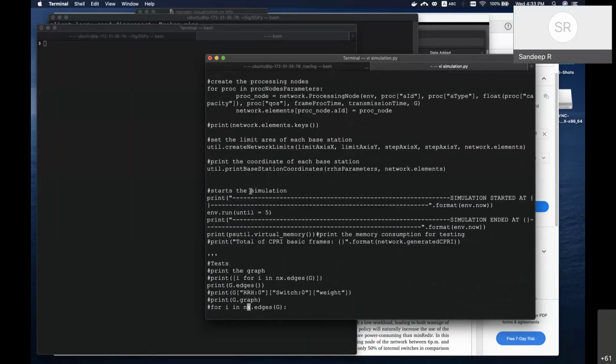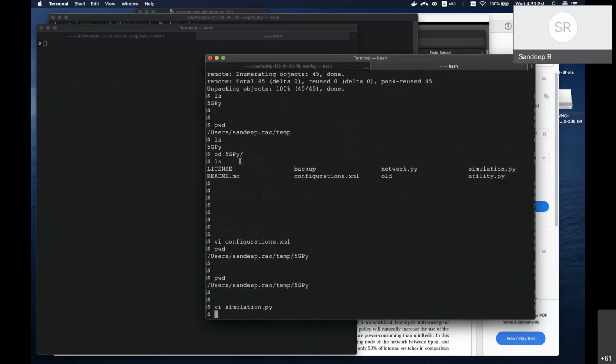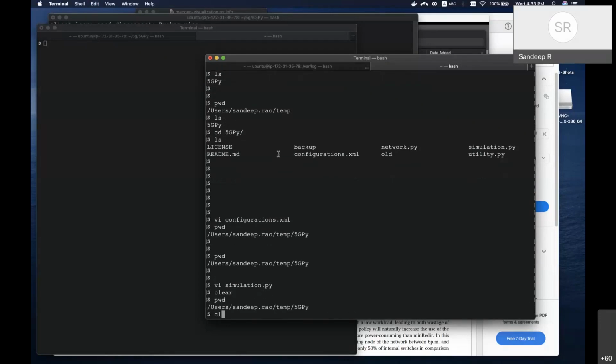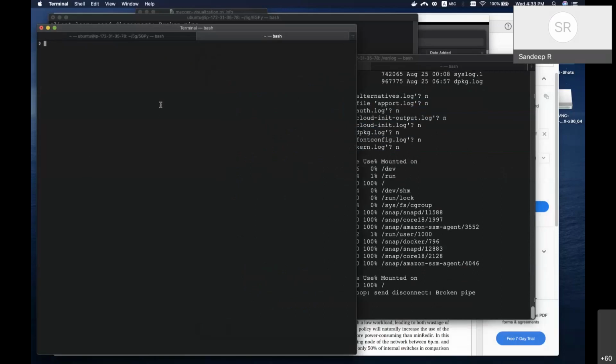Okay. So what I've done is I've added another thing to this. Okay, PWD, open here. Where is it? It's in 5G py.